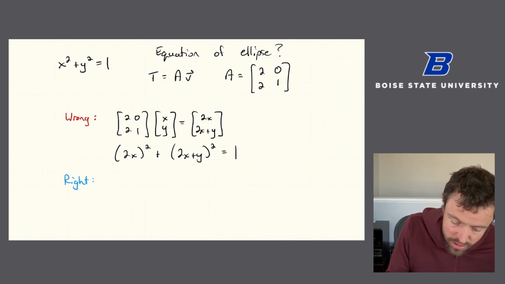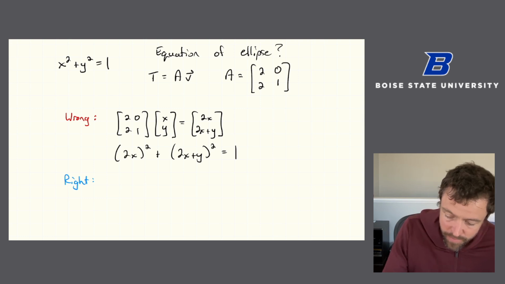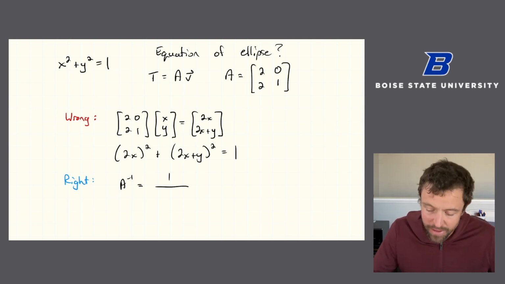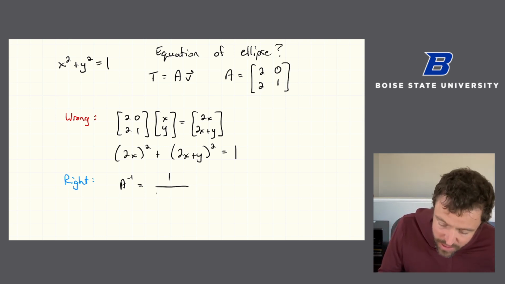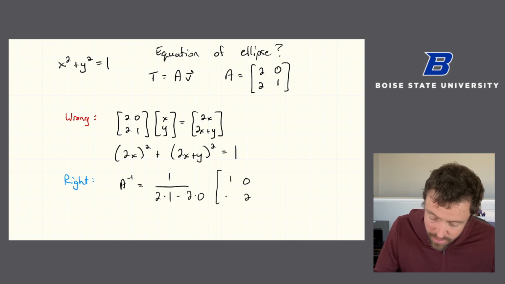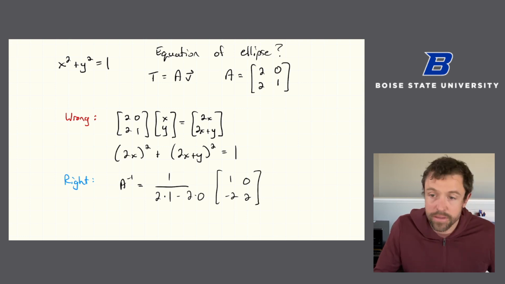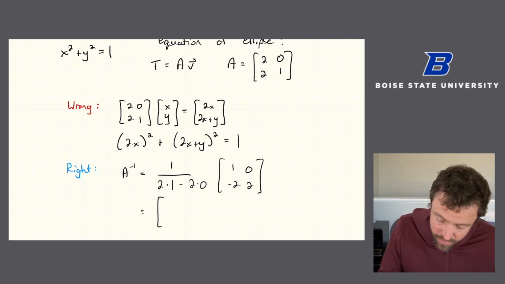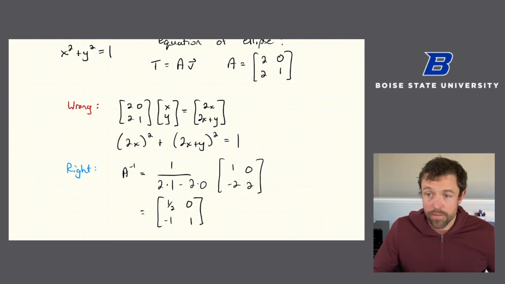And so the right approach is to say, well, what's A inverse? Well, this is nice. It's a 2x2 matrix. This is one of the reasons to work in R2. Besides being easier to graph, inverses are easier to do. A inverse is 1 over (AD minus BC) times this. And when we work this all out, this is a half times the matrix (1, 0; -1, 2)... [see note]